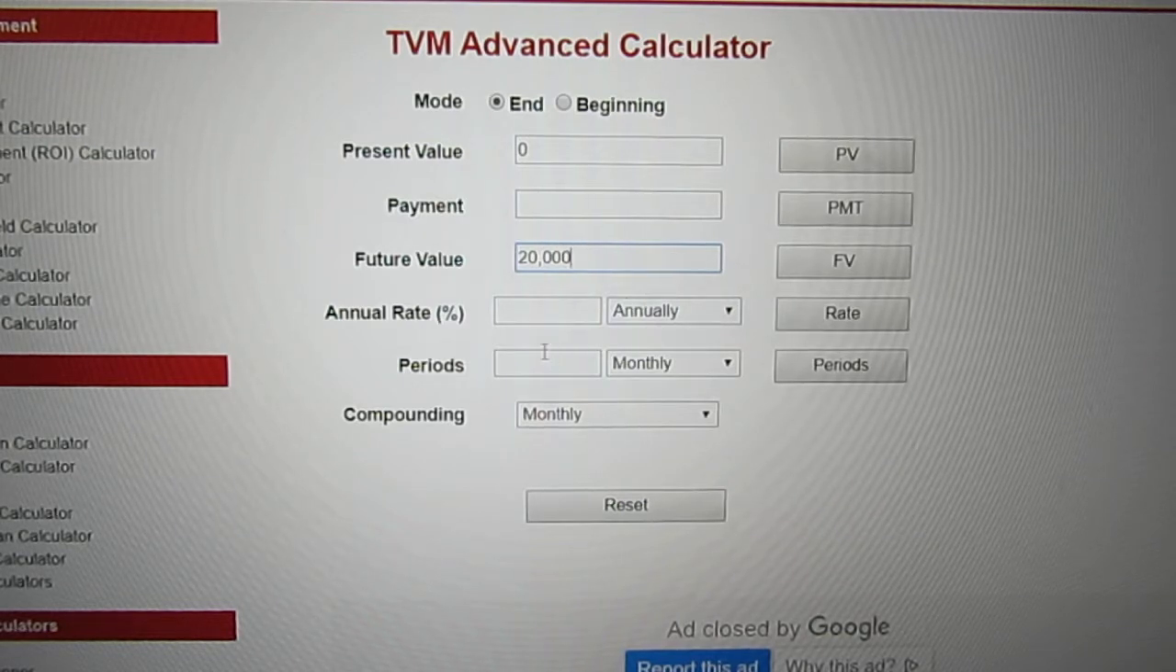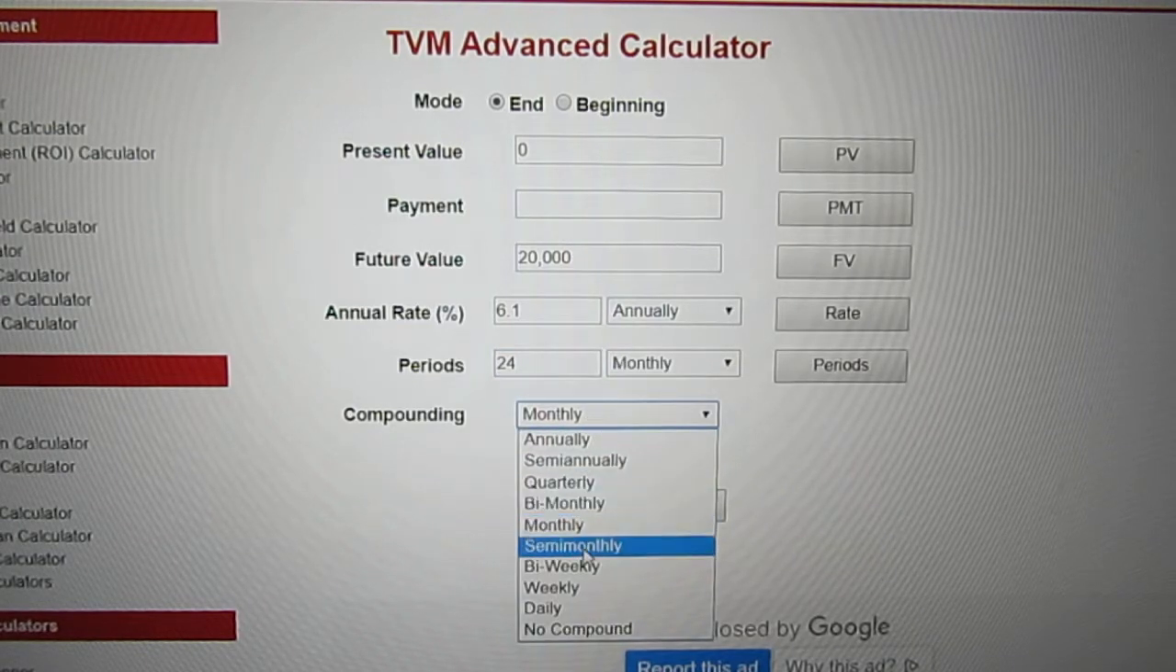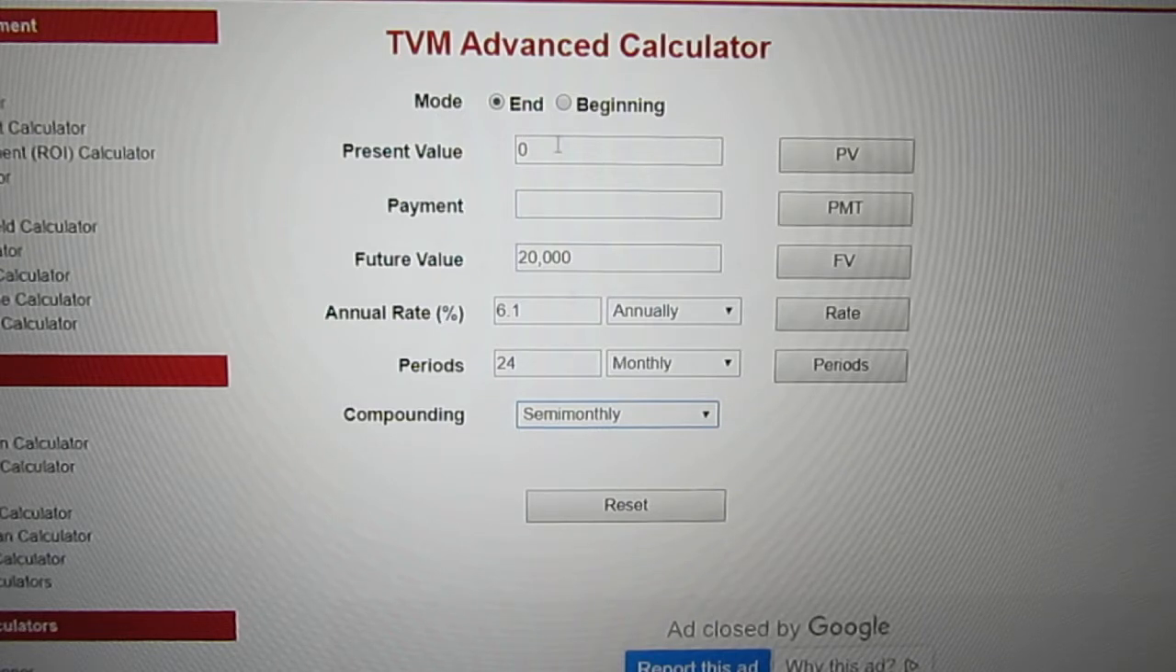In question 4, the interest rate we can get from the bank is 6.1% annually. It's always annually in this class. For the periods, it says 2 years, and you're investing each month. So leave this monthly, and the periods is 2 years times 12 months a year. You can do it on a calculator. That's 24 months in 2 years. And then look for the word compounded. The interest is compounded semi-monthly. So let's change this to semi-monthly. And now we're all set. Everything's filled in. Calculate the payment by clicking on this payment button. And you get